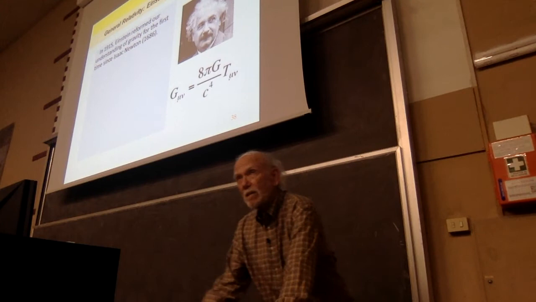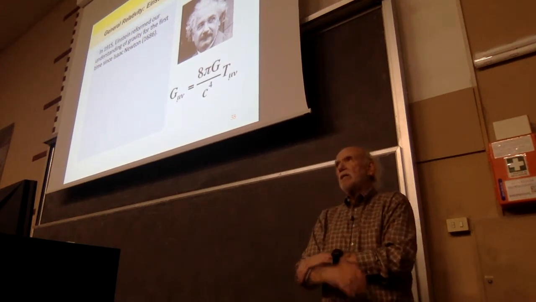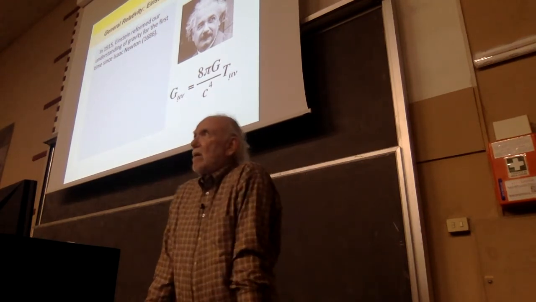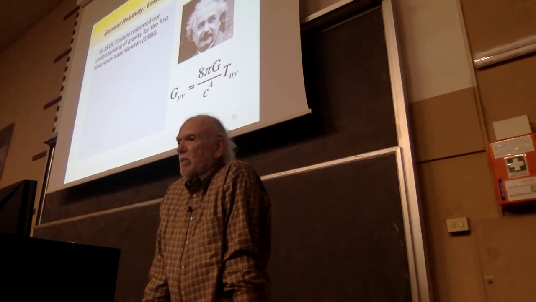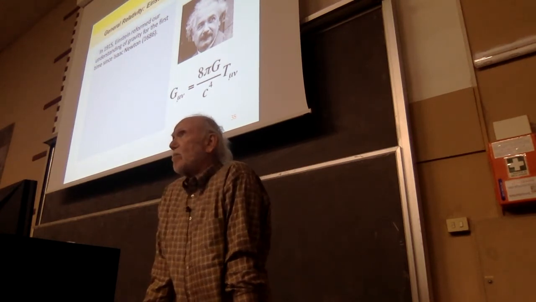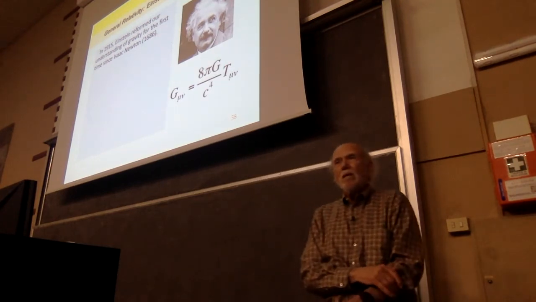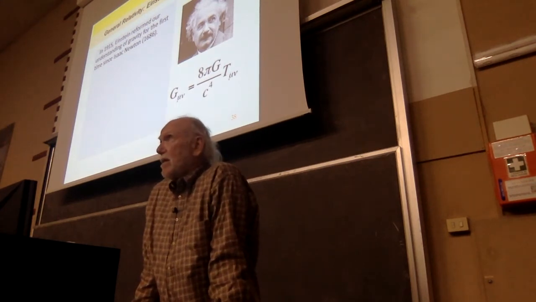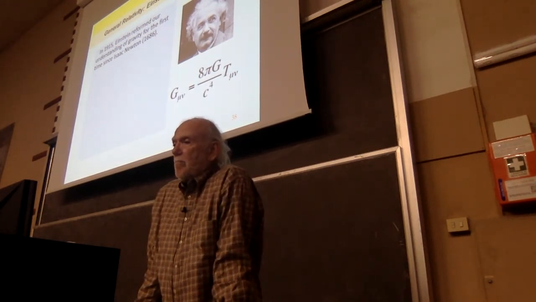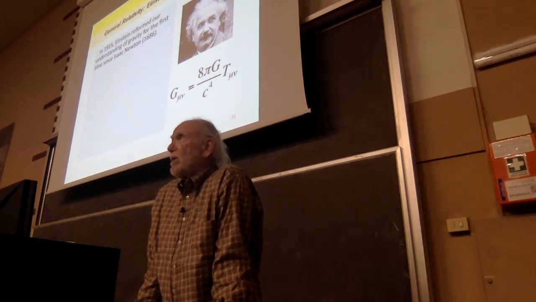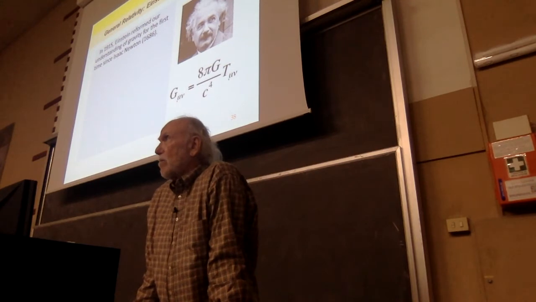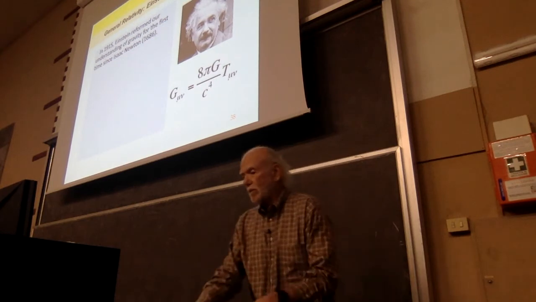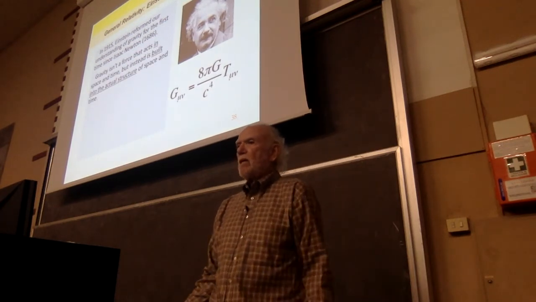So in 1915, this is 10 years after Einstein had introduced the special theory of relativity, which we're all familiar with, E equals mc squared, and solved several other very important problems in physics in a period of a few months. He then spent a decade developing his theory of general relativity, which is basically adding acceleration to the theory of special relativity, and it then becomes a theory of gravity.